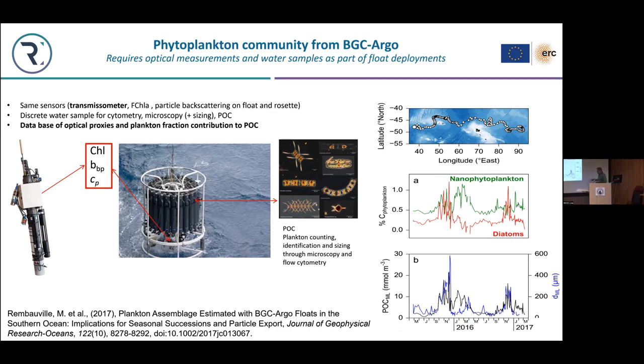phytoplankton groups through the optical measurements. We develop transfer functions with these three measurements that we back apply to the time series of the float as soon as it is deployed. So here is the float, here is Kerguelen, you have Claustre here. So we catch here in this example, but in the paper there are numerous examples with respect to this.